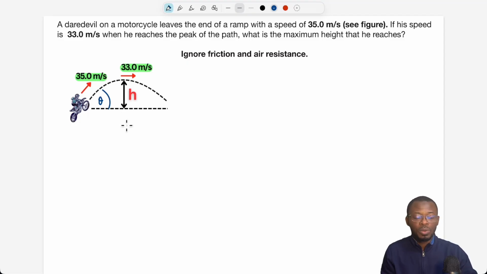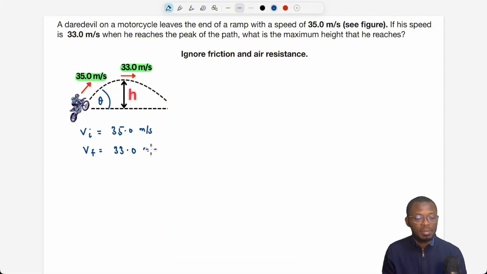We need to resolve this speed, but we don't have the angle, so doing that is going to be a challenge. Another thing we need to note is that for kinematics, we should be able to find the time interval for this motion using one of the components of this motion. Kinematics in this problem is not a go-to approach. We are given the initial speed of this motorcycle jump to be 35.0 meters per second, and then we are given some speed at the maximum height or at that peak height, V final, to be